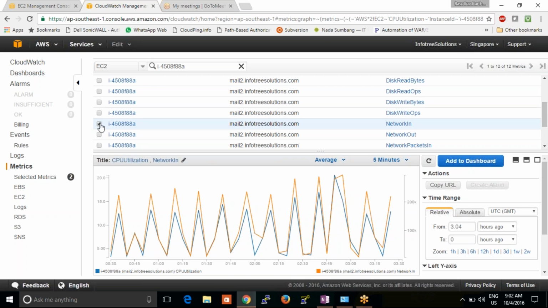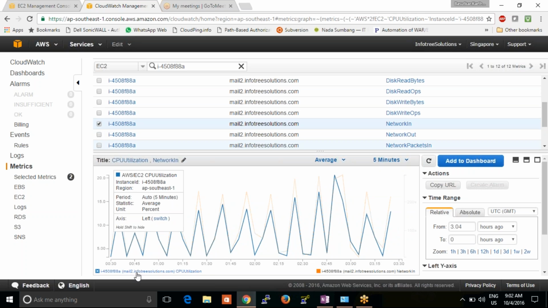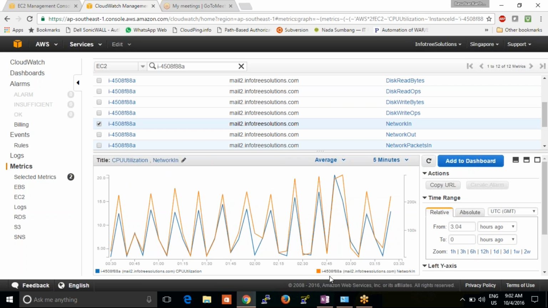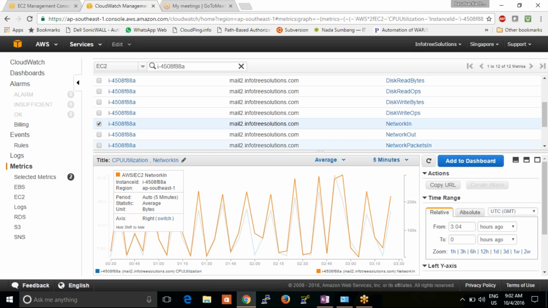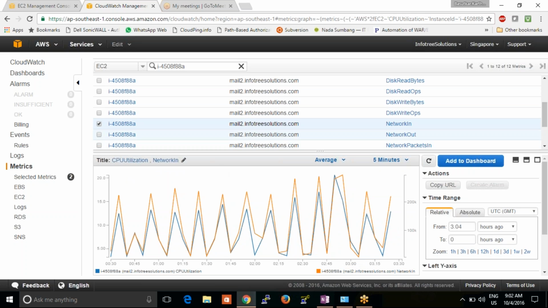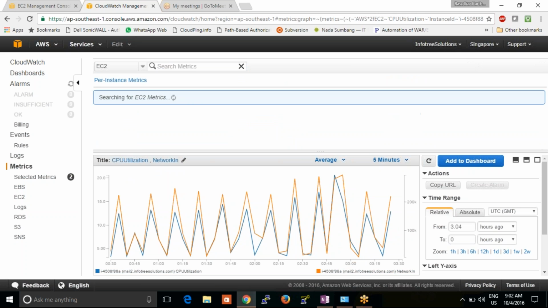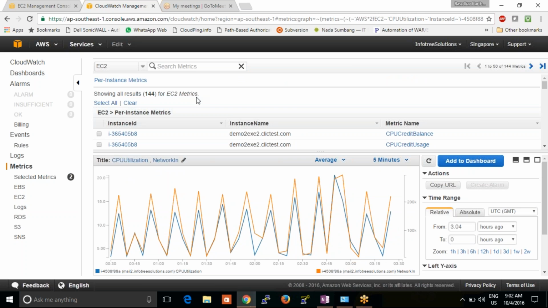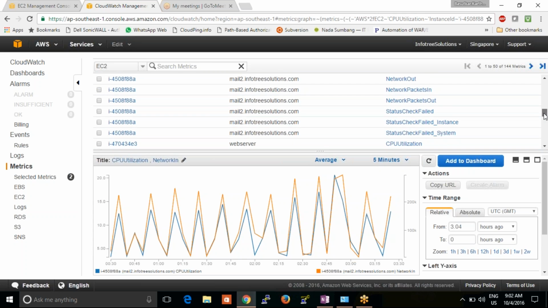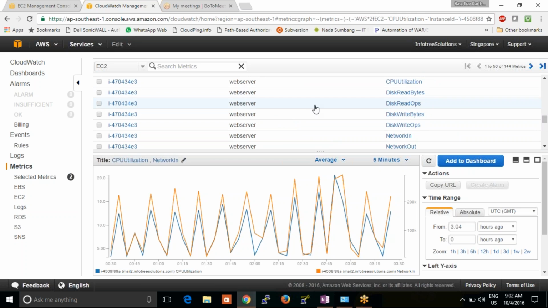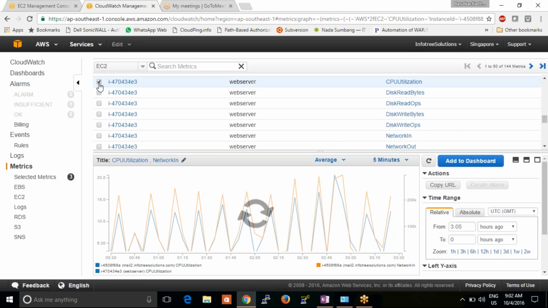So I selected two graphs. It is showing the blue one as CPU utilization and this orange one as network inflow. Or else, if you want to pull another server's CPU utilization, you can specify the other server's CPU utilization also. If you want to compare this web server and this mail server CPU utilization,